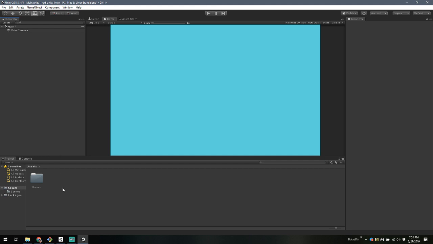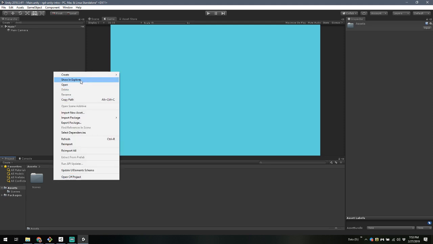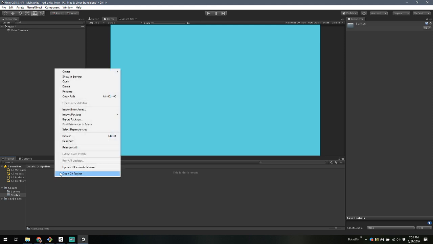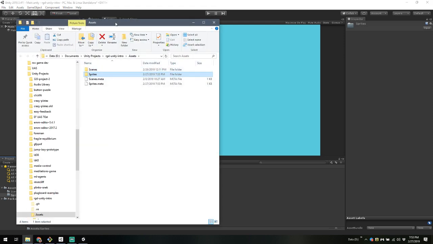I'm going to go ahead and I want my mouse for this. I'm going to create a folder down here in the project view, and I'm going to name this Sprites. All right, so we got this folder down here named Sprites. If I double click it, I can navigate into the folder. And then I'm going to right click and hit Show in Explorer,